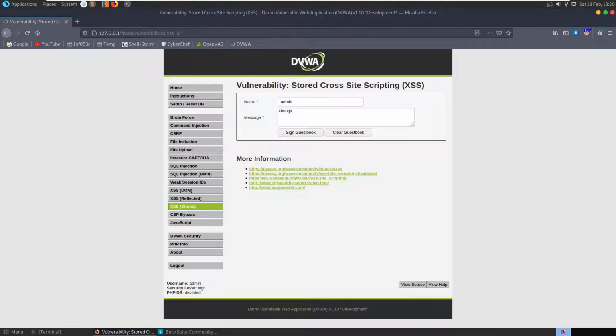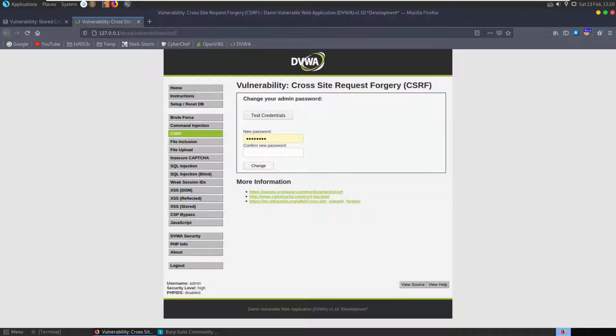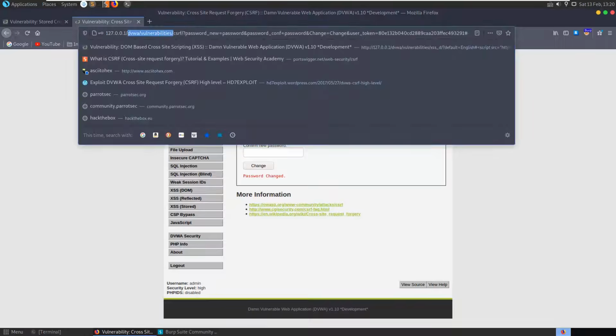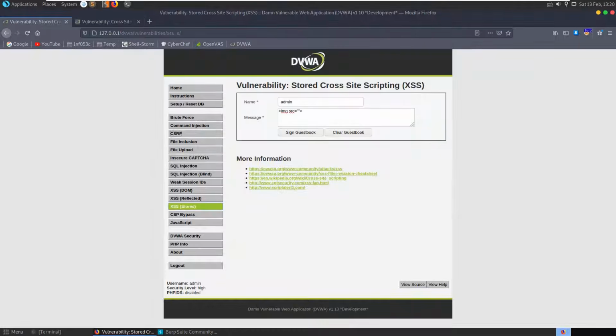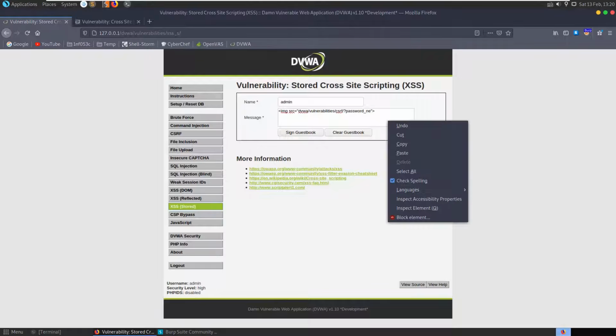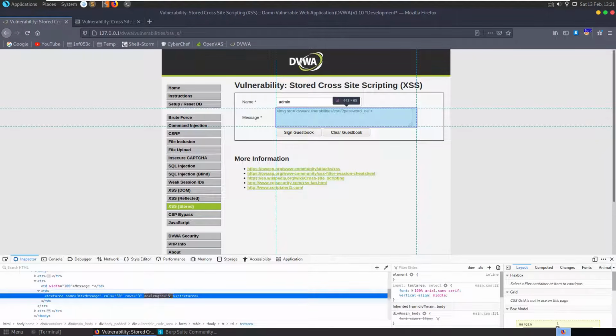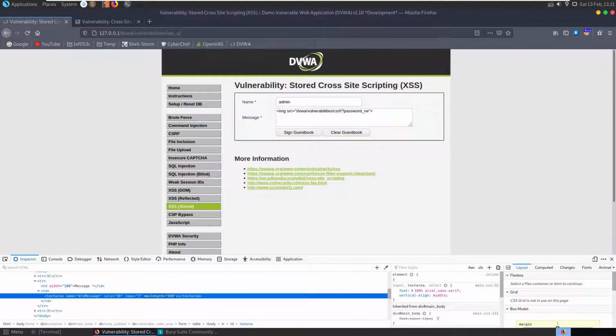We said image source is equal to, and then we pass in the URL, change this again to password, and we want to grab this whole thing including the token. Okay, we need to expand the size of this. Set it to 500. And I'm going to do that again. We need a backslash first, and then that has that full token in it as well. We'll save that, and then